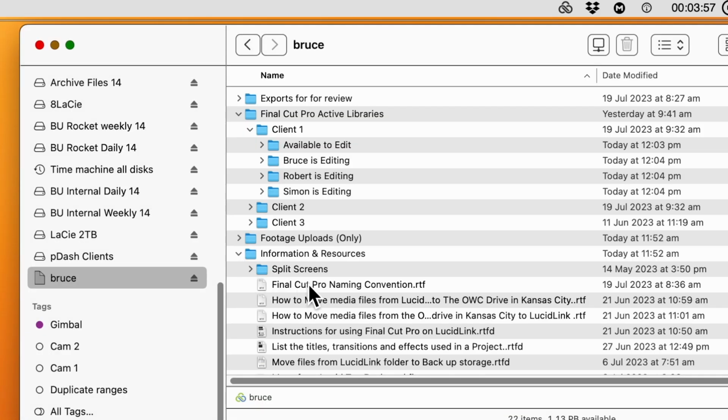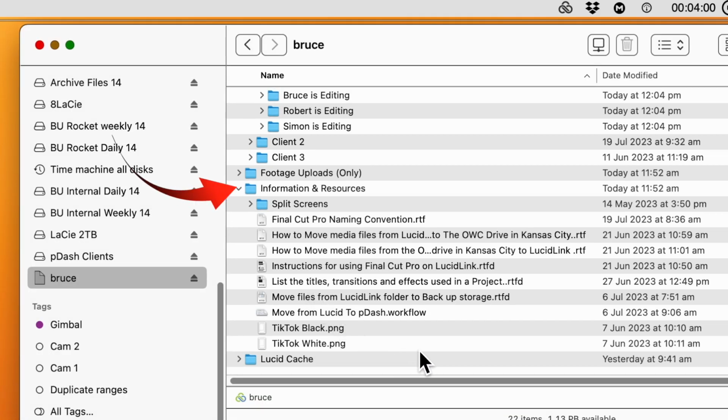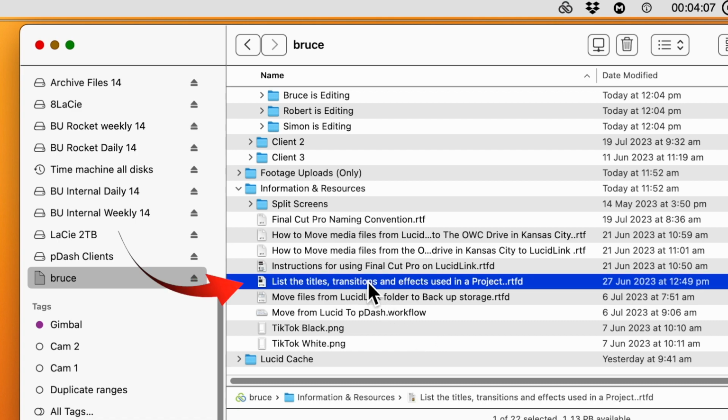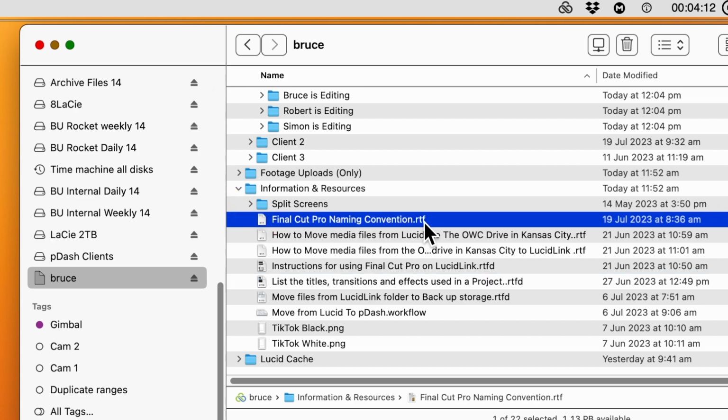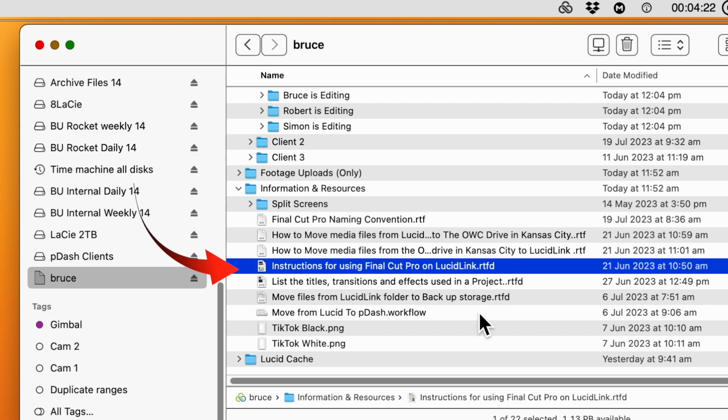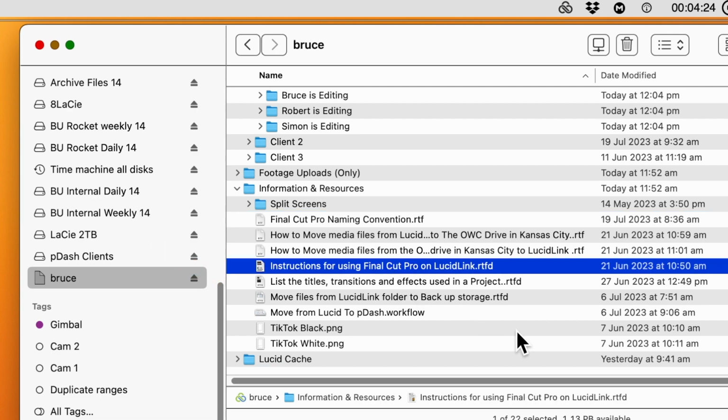The next main folder, Information and Resources, is discretionary. And I've included in this folder a list of the Final Cut plugins that should be common to all users to have in their system. Also included are the nominated file naming conventions, if you've got one, to ensure that all users are on the same page as to file naming. And finally, in the information folder is a text file with instructions on how to use Lucidlink. And a tip, you could save a transcript of this YouTube video and add it to the information folder as